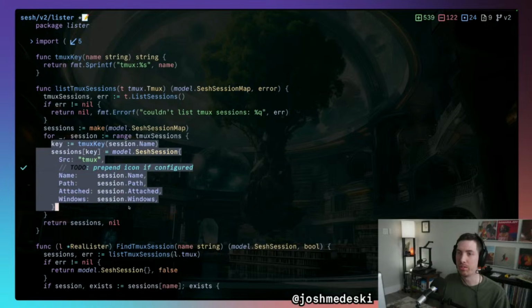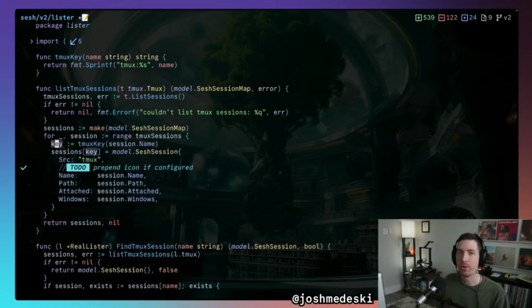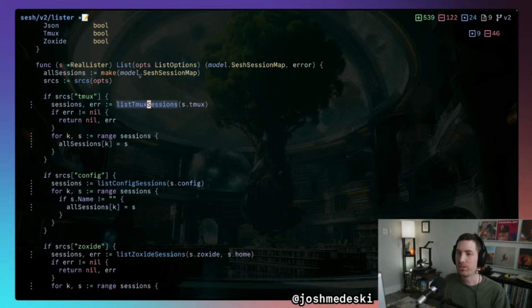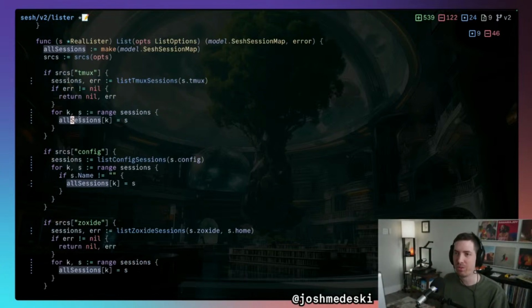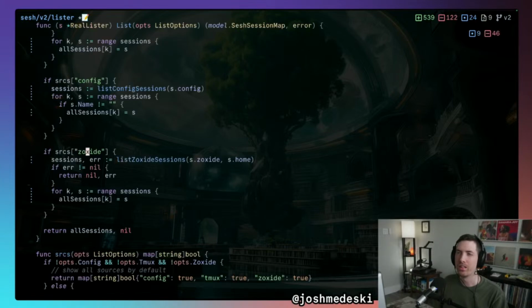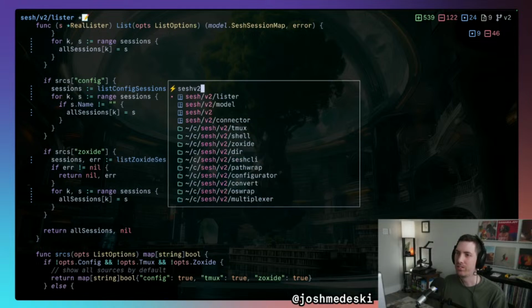So basically, as we would loop through this, we would append the key to the array. So the array would keep track of the list. And then when we do the actual list command, you can see here that I'm just taking the range of sessions, which is the map. So you can do ranges on maps. And I'm just printing it, right? Am I printing it? No, this is being added to like a super map. So I end up creating this map that's this big old list of all of the sessions, right? So depending on what you flag, you have Tmux, you have config, you have Zoxide. And when you put all those together, you end up with, what do we end up with? The CLI, I guess. The sesh v2 sesh CLI